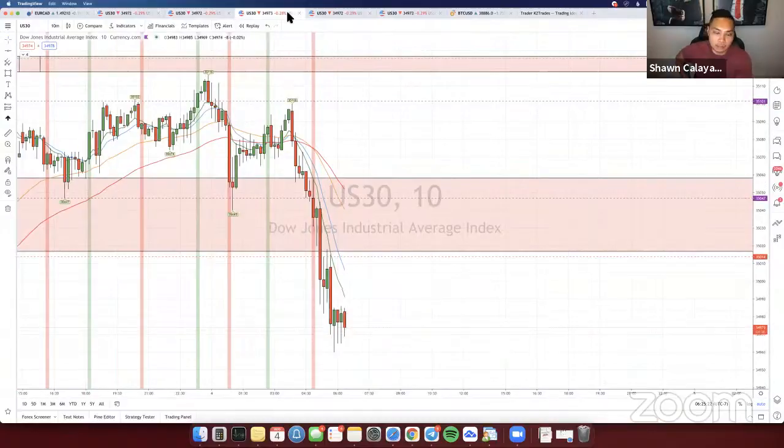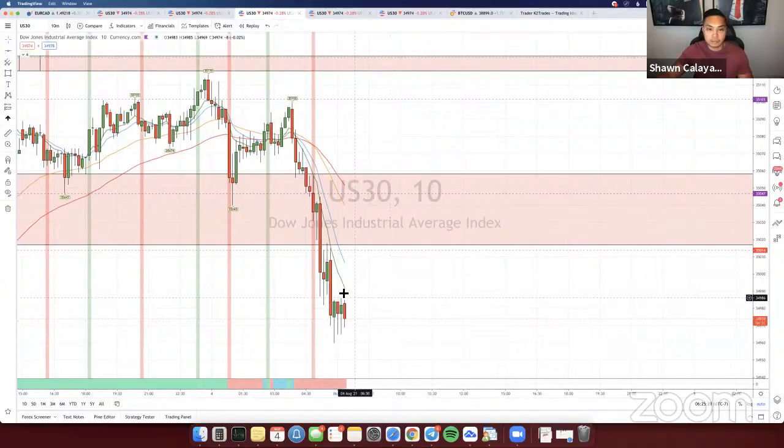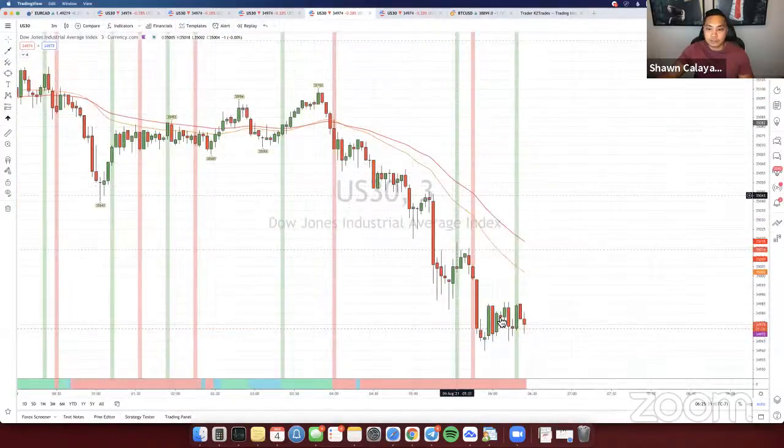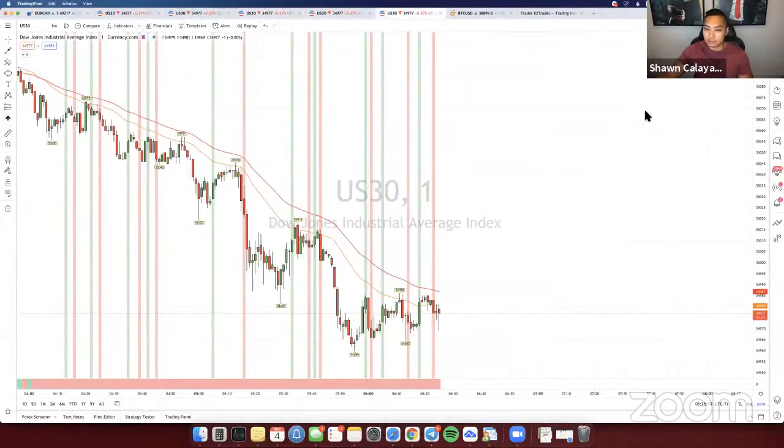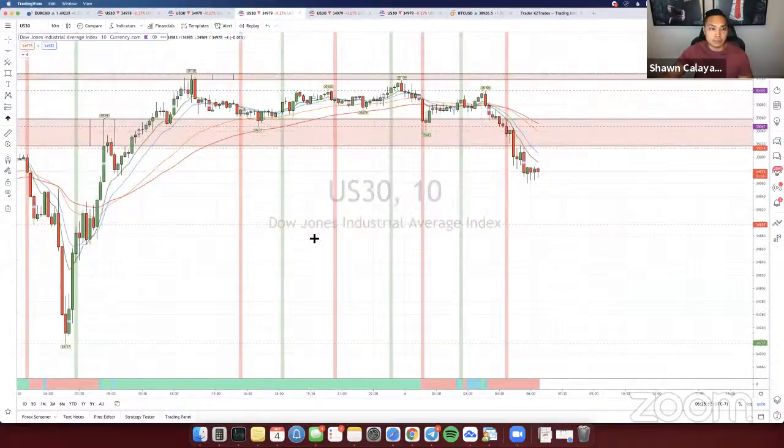Looking at the 10-minute over here, it's also bearish. Reason for it being bearish is that price is below the pivots, the trend meter is red. Looking over here on the 3-minute, same situation, price is below the pivots, trend meter is red. And lastly, here on the 1 minute, price is below the pivots and the trend meter is red. So for our technical analysis, everything looks bearish for the most part. Once the market opens in 5 minutes, we can confirm the fundamental bias, but right now we just don't have that, right? So let me go ahead and just mark up